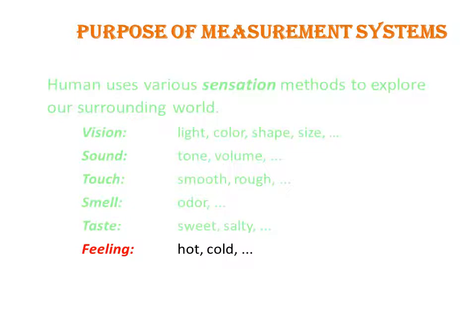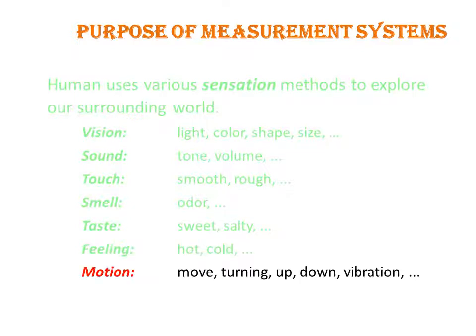The feeling helps us in finding the hot and the cold condition. And the motion helps us in analyzing the movement. So, in different ways, the human sensation methods helps us in analyze a quantity or quality of an object or